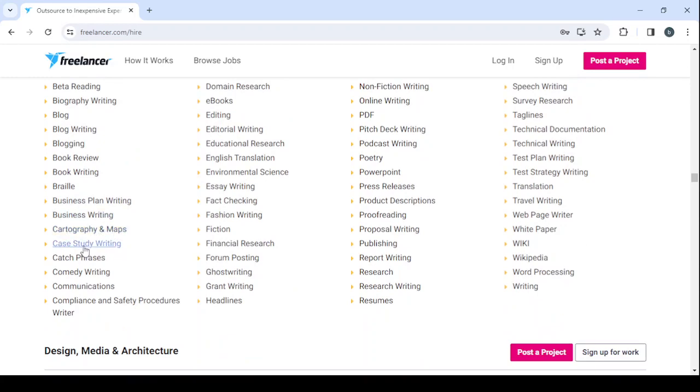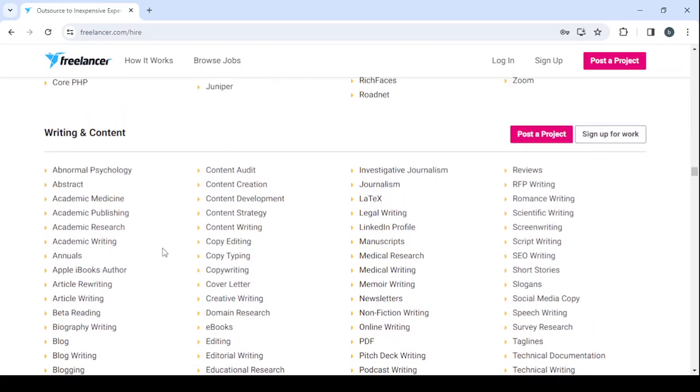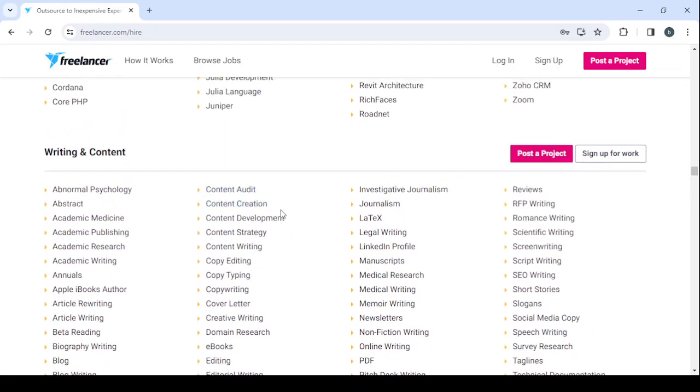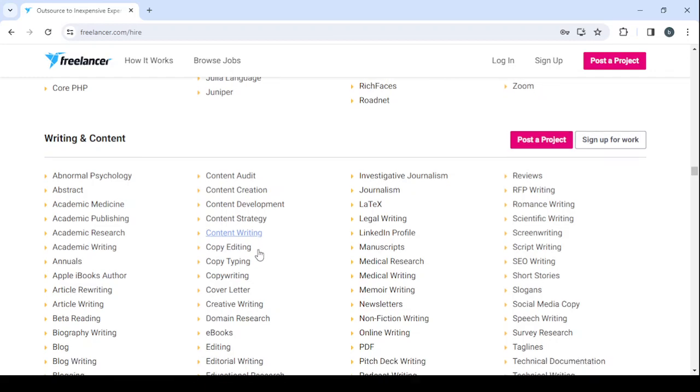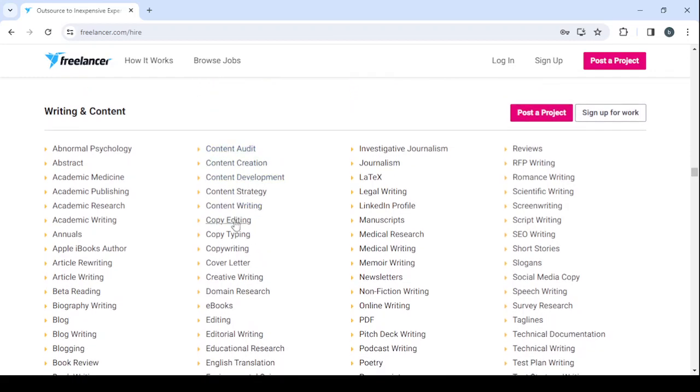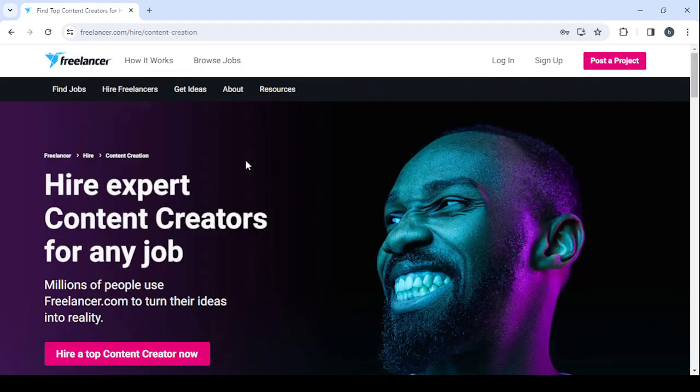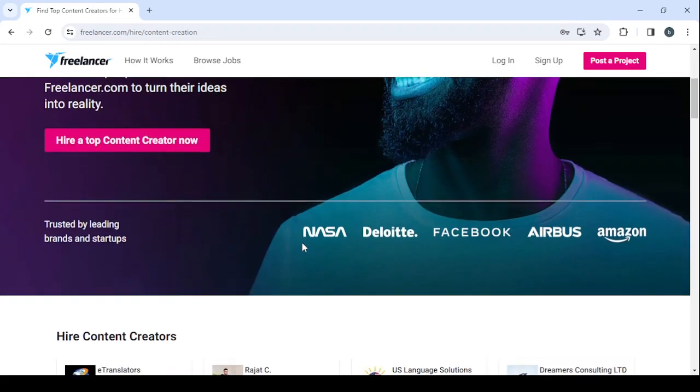cartography and maps, case, sketch, comedy, communications, content audit, content creation, content strategy, content writing. I think we will choose one of these. Which one is the closest to TikTok content creator? Let's go with content creation. So let's choose content creation, and here you can hire expert content creators for any job, and by scrolling down